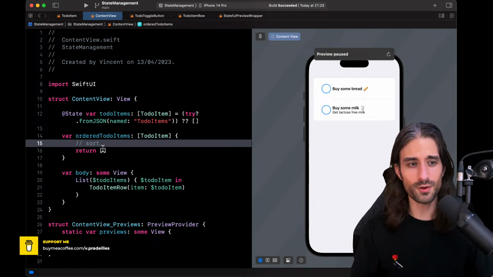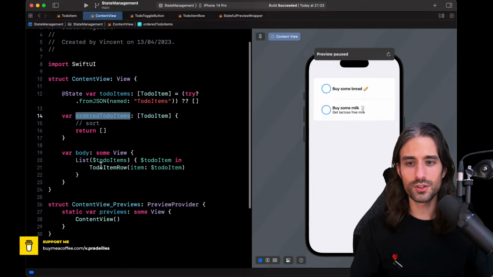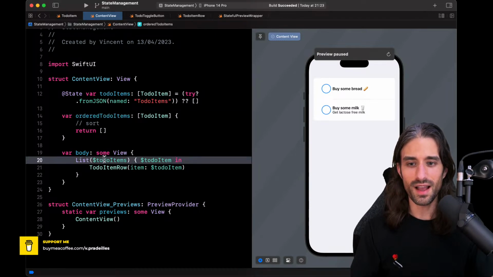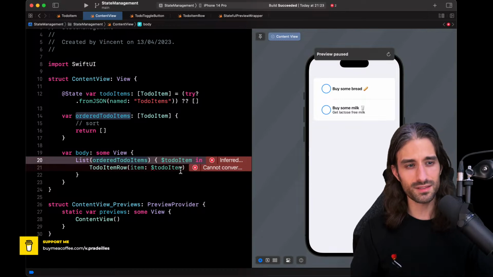If we went through that strategy, so not introducing a view model, when we try to use here our ordered to-do items, we would have a problem, which is that to-do item row expects a binding, but our ordered to-do items array is computed dynamically. It's not the source of truth for the data, and so you cannot get a binding from it.